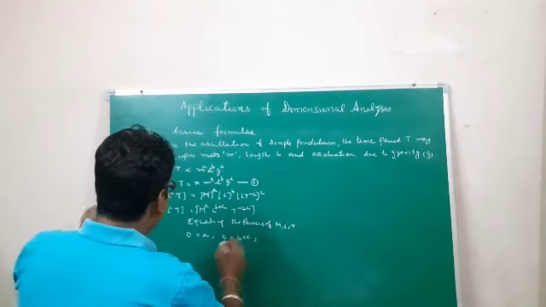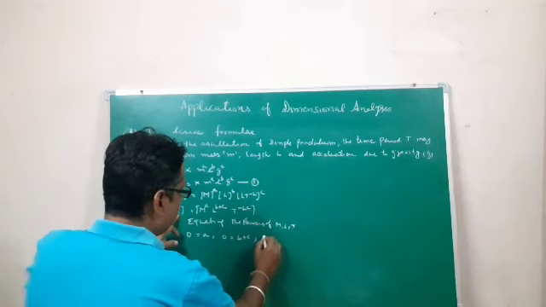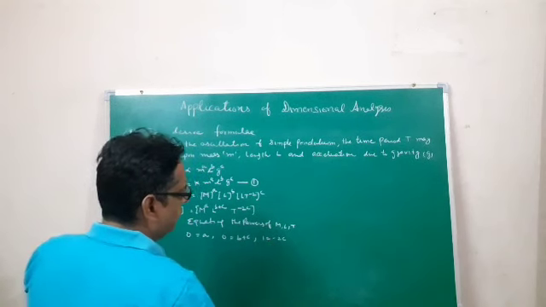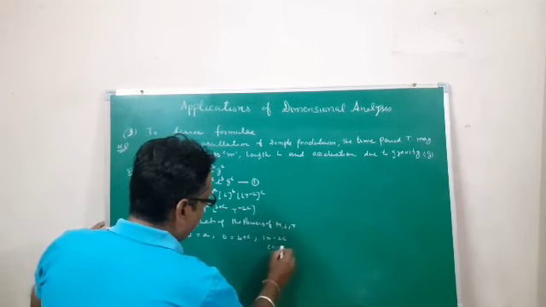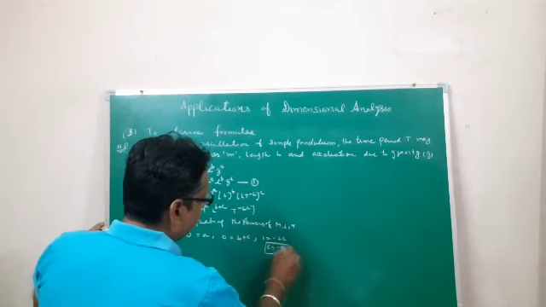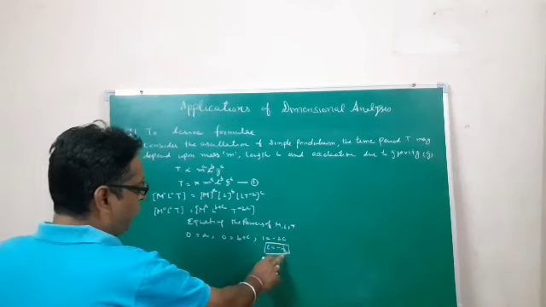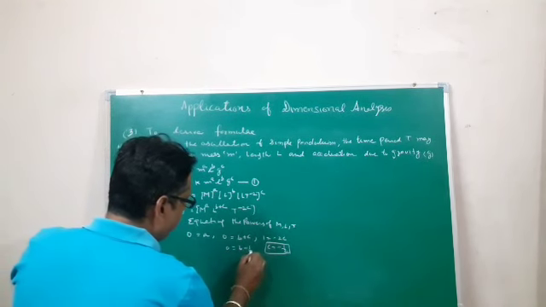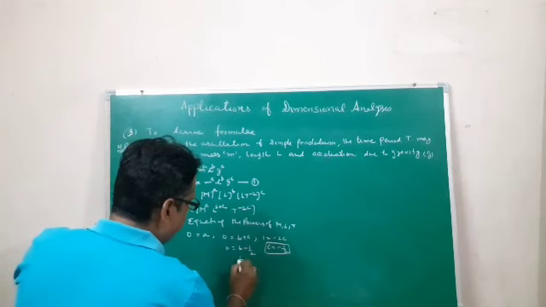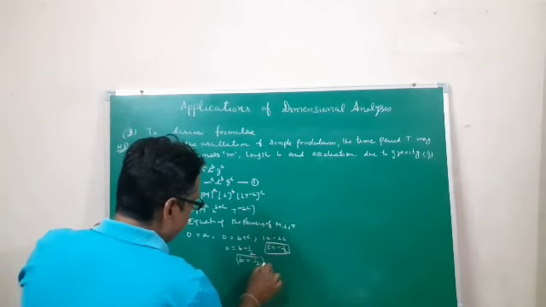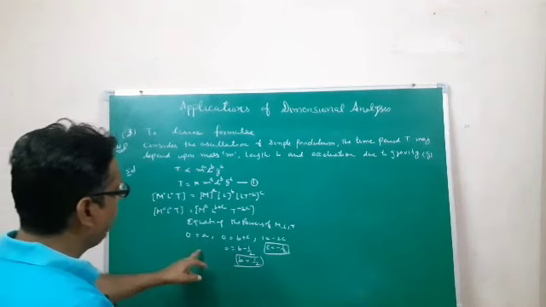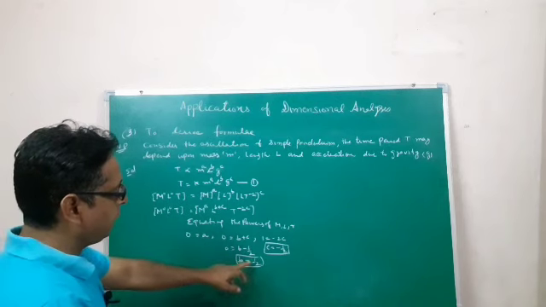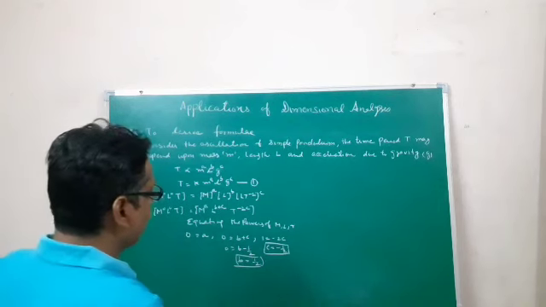Now T, in the left hand side I have T is 1 and on the right this is minus 2c, right? So c is equal to minus 1 by 2. C I have calculated. Now put the value of c in this. So this is b minus 1 by 2 equals 0, right? So b is equal to 1 by 2. Yes. Now I have calculated a, b, c. A is 0 and b is 1 by 2 and c is minus 1 by 2.